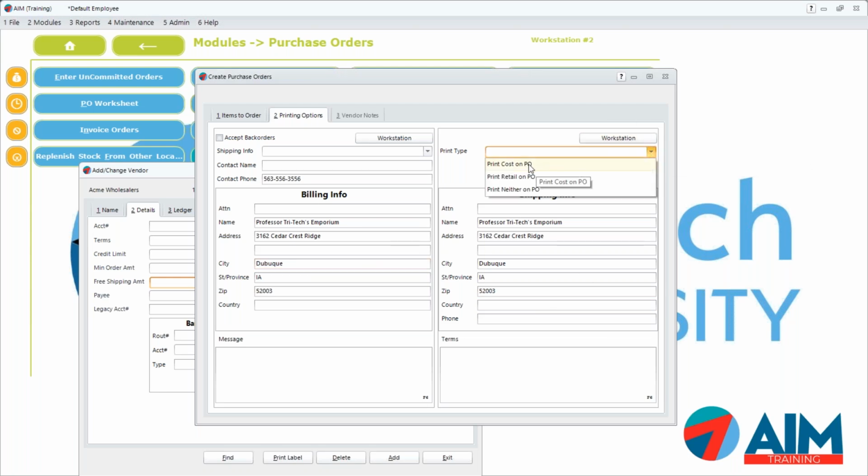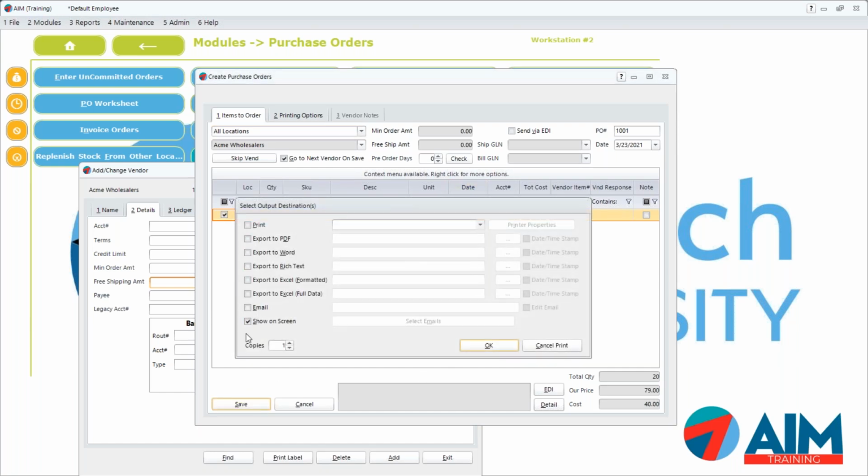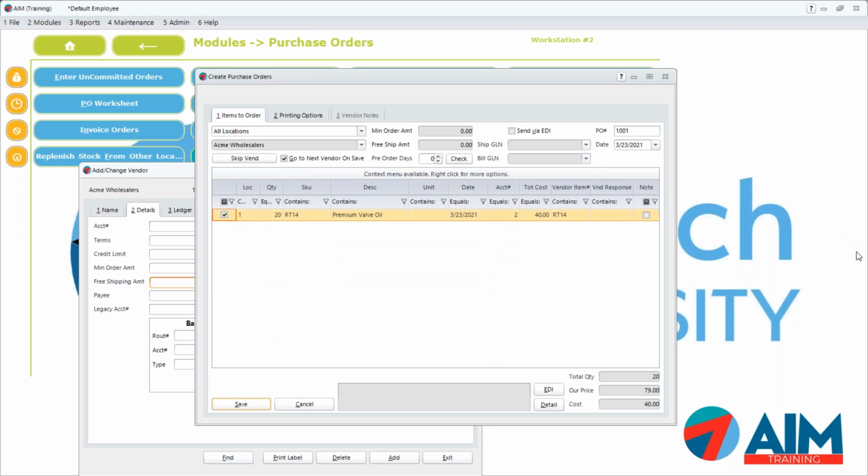You may want to set this up. I'll show you where you can set those up. You can choose to either print the cost or the retail on the purchase order. You can also say to print neither, and if you don't make a selection here, it's the same as printing neither. I'm going to go ahead and say print the cost on that. And then when I go ahead and save this, let's just go ahead and print this to the screen, and I'll probably have to drag it from my monitor